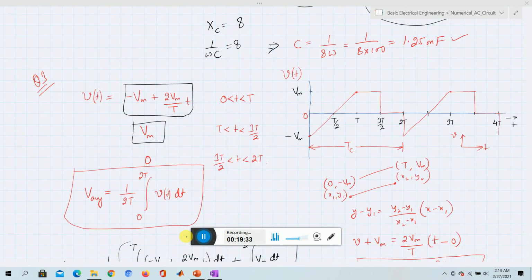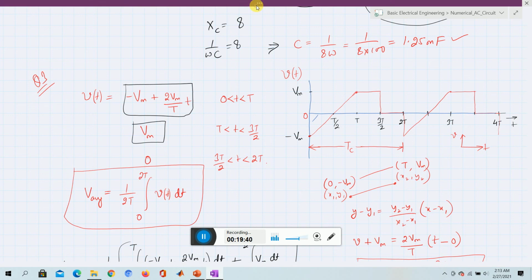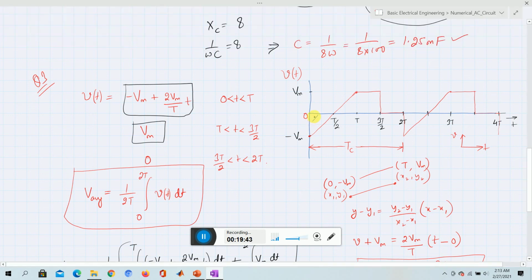Now the same average value, we can calculate by looking at the figure, because you just have to know what the area is. So let me use a different shade here. You have to find the area over here, then the area on this side. So these are the areas. If both the areas are different, then obviously the average value will exist. We find that this area and up to here the areas are equal, so they will cancel each other. Whatever area remains here will exist.